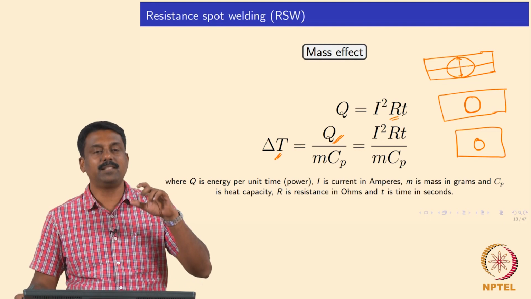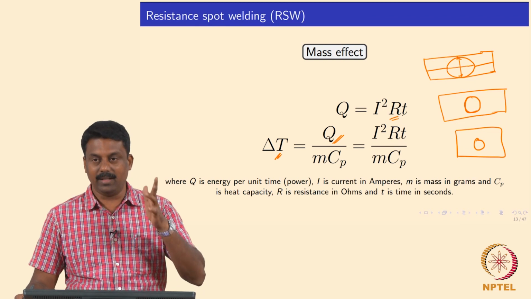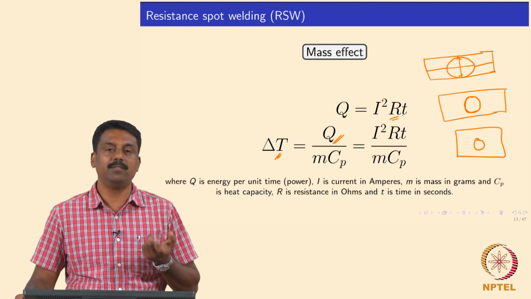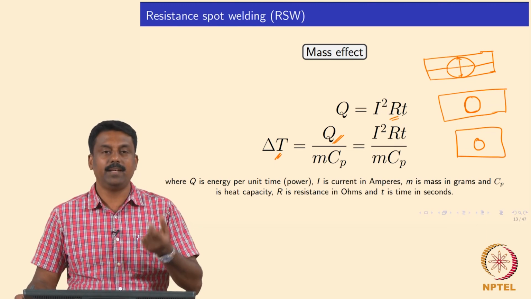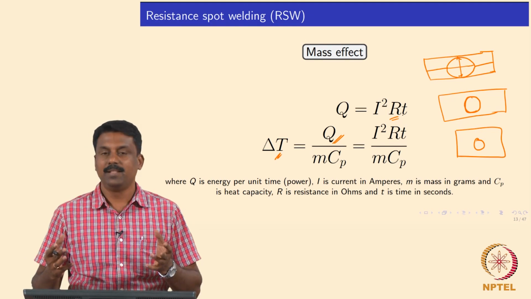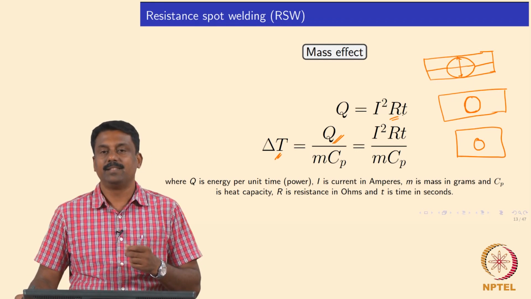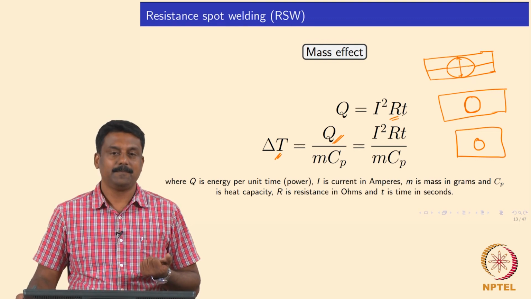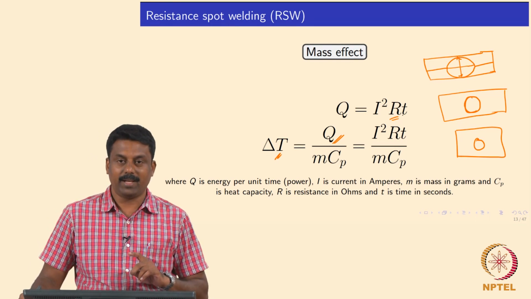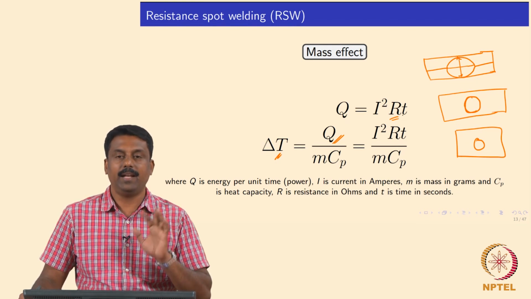And the resistance between the electrode and the workpiece is also negligible because the heat is extracted by the water, by the cooling, so that is not contributing to the nugget growth, okay. So the only resistance that is actually controlling here is the contact resistance between the sheets. That can be calculated using a simple bridge circuit, right. Once you know the contact resistance for a given load, we can measure the current required for a given welding time to generate a weld nugget diameter of so and so.